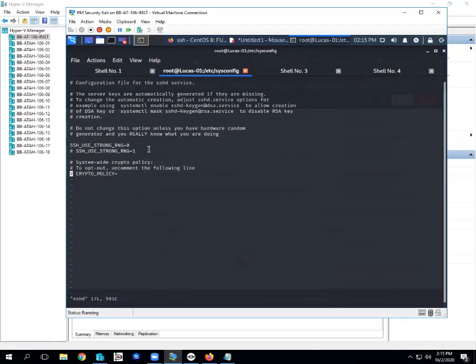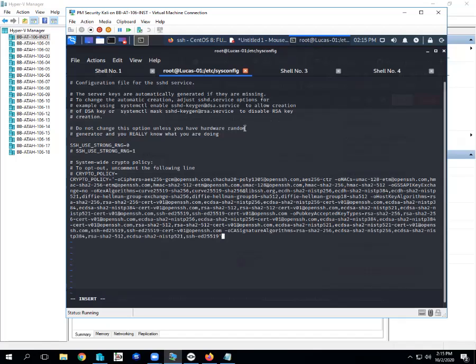I'm just not going to change that line. I'm going to make another line right below it, and I'm going to paste that crypto policy that I copied from the website. That's a long freaking line. So I'm going to paste that in there, and the dude said that that fixed it. If you're actually wanting to do security, you probably would want to sit down and read up and make sure that every one of those was legit stuff that he told you to put in there. Maybe they told you to put something in there that was bad. It's going to lower your security. We're going to trust them just out of goodwill. I'm going to save that file,